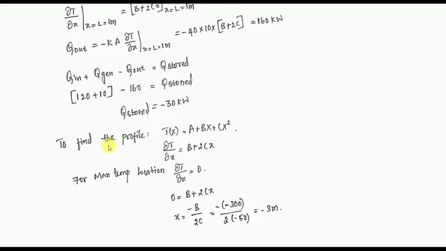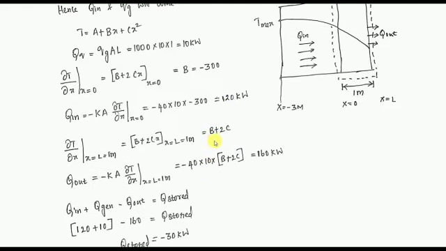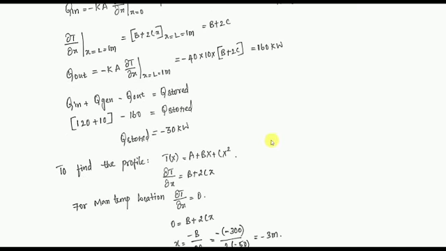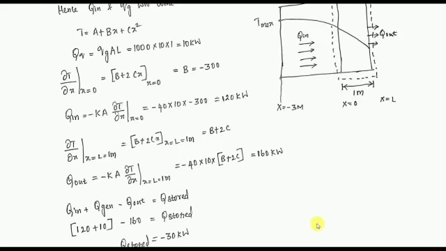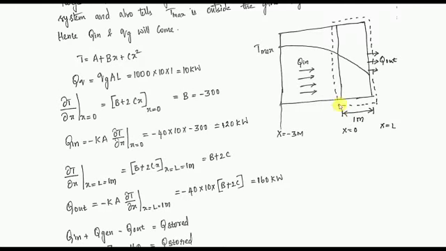See, I want to make sure that you understand these things, that if we want to find the profile, Ax plus b, we took the profile and differentiated it. We need where the temperature is maximum. If we check where the temperature is maximum, already I said the criterion is dou T by dou x equal to 0. If you substitute 0 here, equal to b plus 2c, you will see this x value will be minus 3. See, we know x equals 0 and 1. Where does the minus 3 come from?